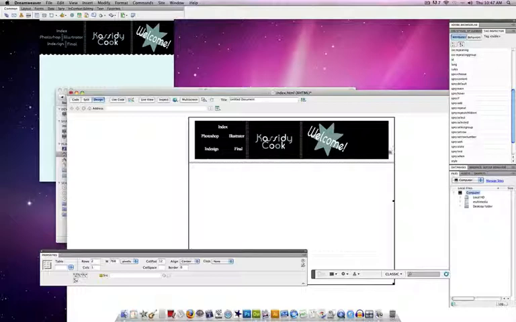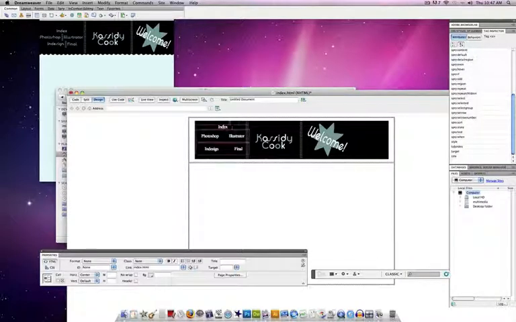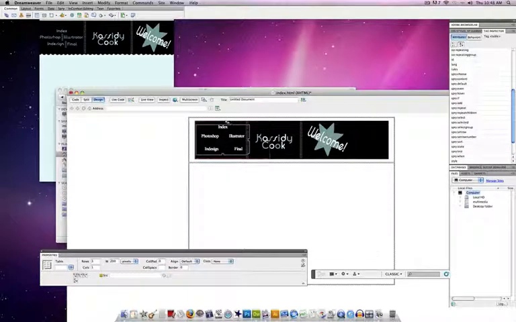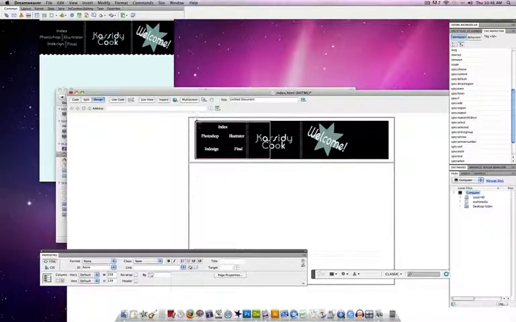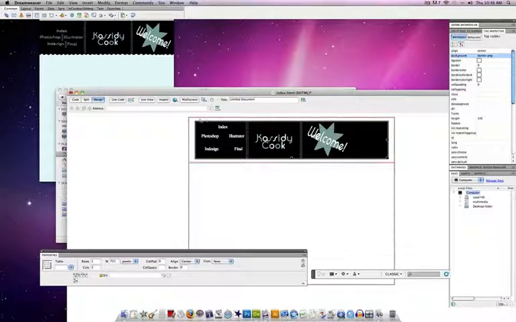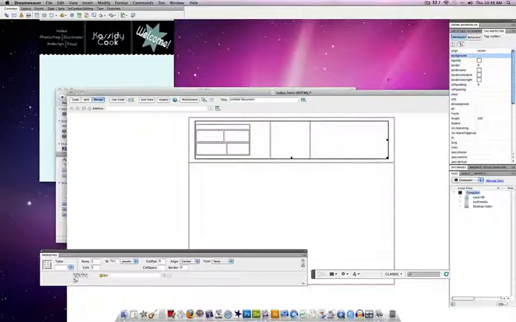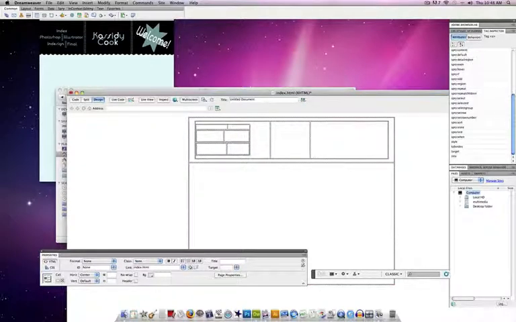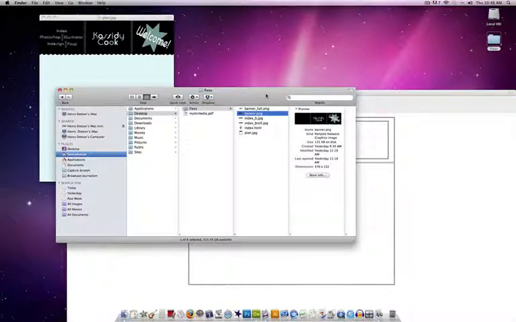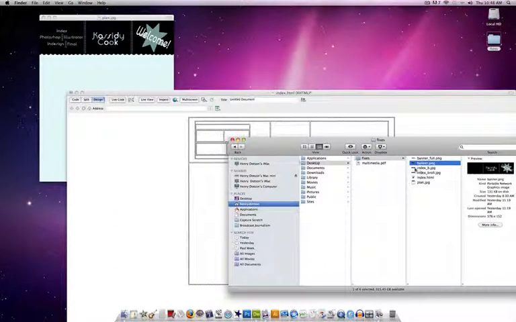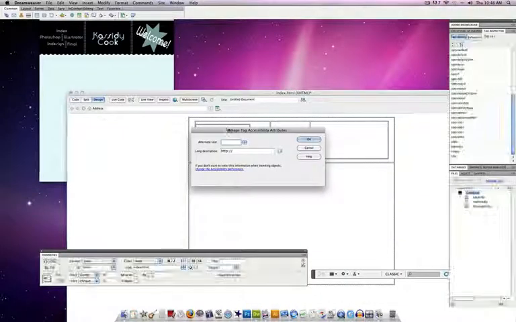Another way to do it would be to take and make images out of each one of these. So if we go back, just for sake of simplicity, let's get rid of the banner here again. So you can see what we're doing. And this time, let's put our images in there. This is just a different way to do it. So if we put our image in here,